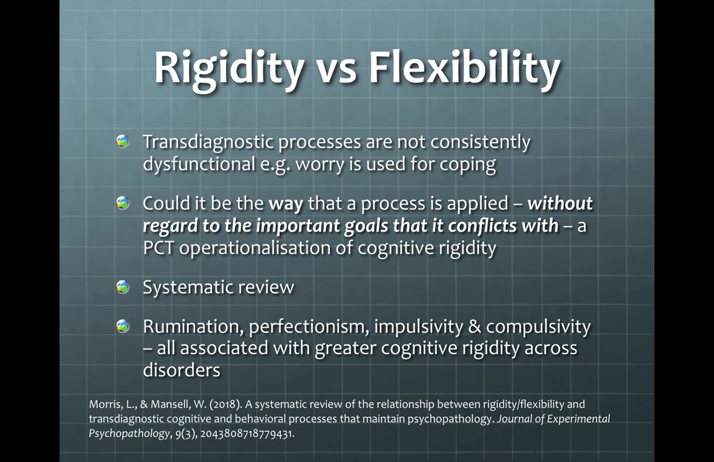And Lydia Morris, in a review, found that 4 transdiagnostic processes, rumination, perfectionism, impulsivity and compulsivity, were all associated with greater cognitive rigidity across disorders. And so it may be their association with cognitive rigidity which is maintaining the distress rather than necessarily the nature of those processes if they were carried out in a more flexible manner. Okay,